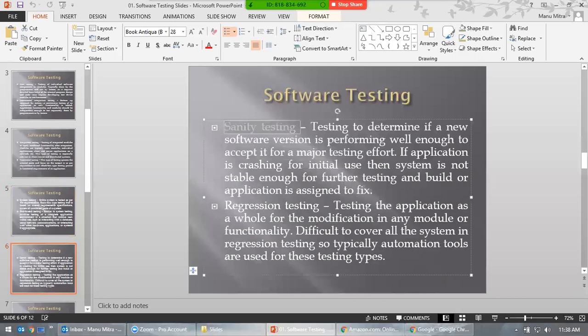Okay, let's go to the next one. Regression testing. Let me ask you this question. Let's say, as a QA, you have done everything. You have tested your application. It took 1 week. You tested the whole application and documented all your test cases and results, and you're done. You're about to sign off.